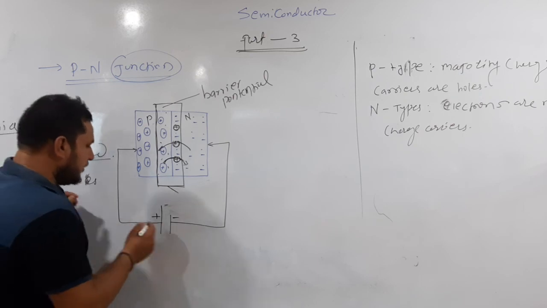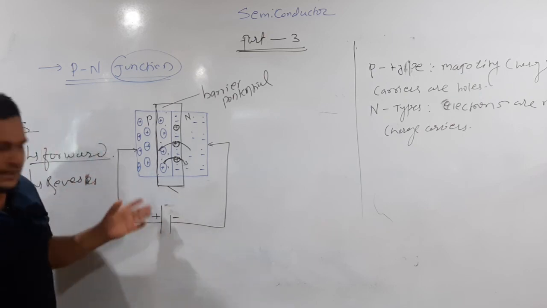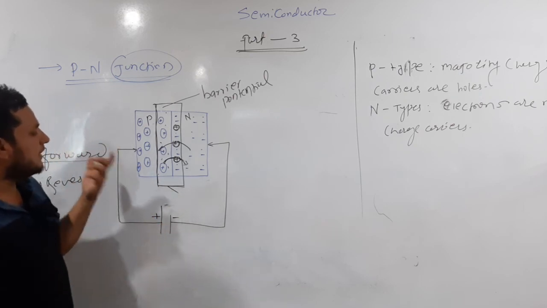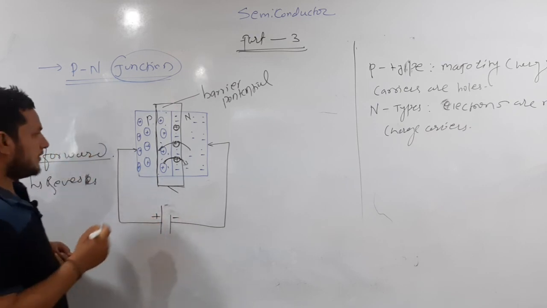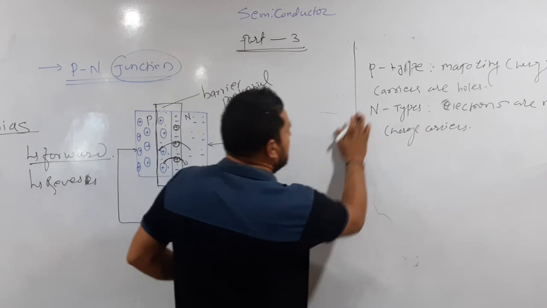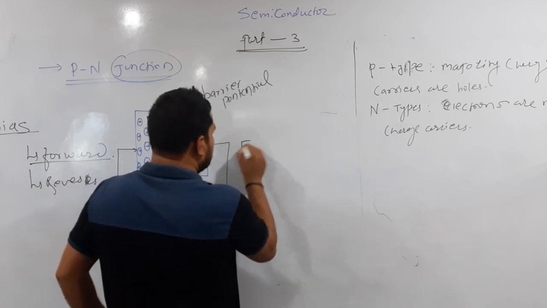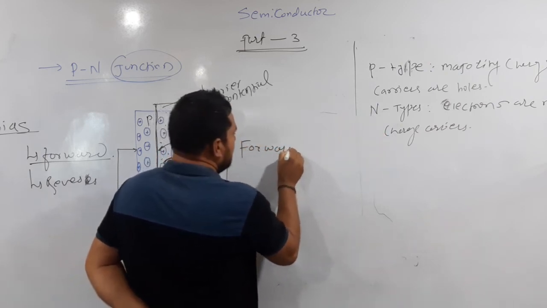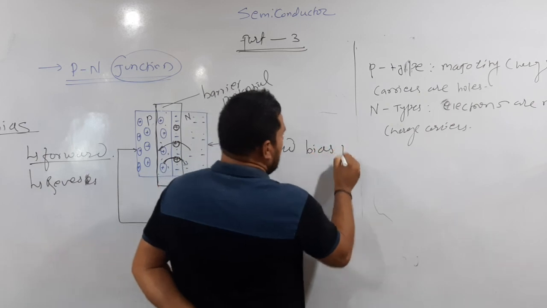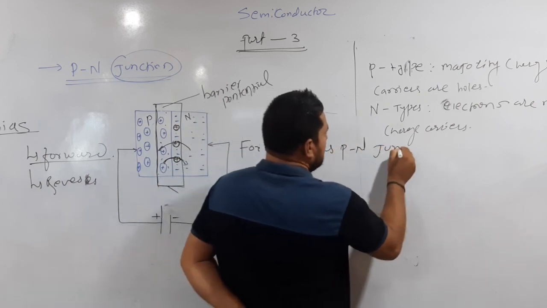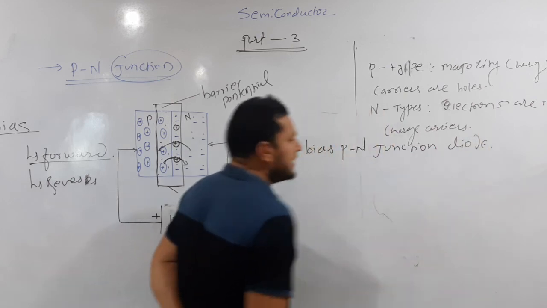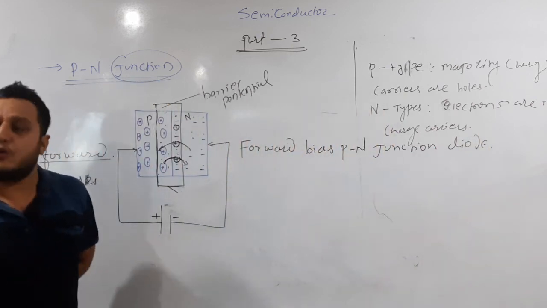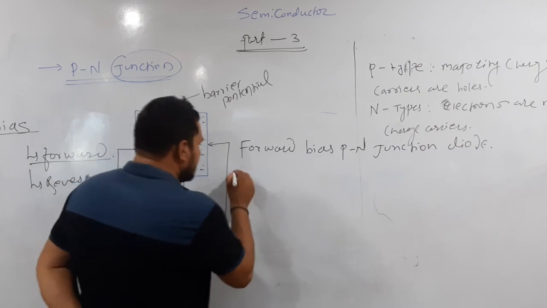Okay, here we have a battery, and this battery is connected like this to the positive terminal. You can also write a definition for what? Yes, forward bias PN junction diode. Why is it called a diode? Because it has two ends. Okay,